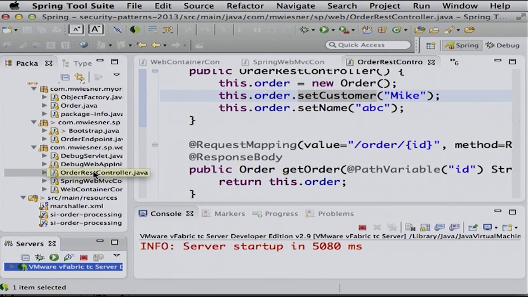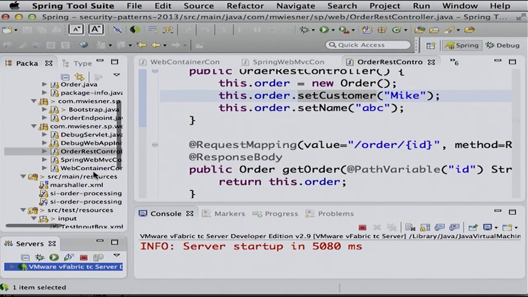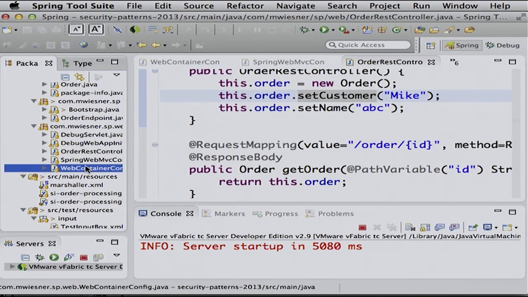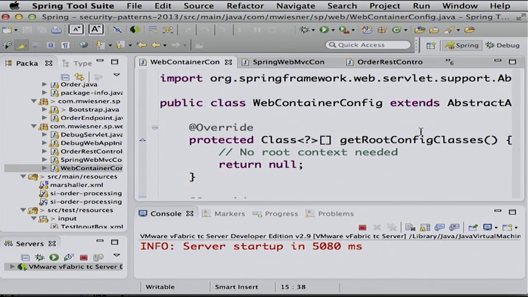So what is the problem with that one? First of all, it's turned on by default. We don't have any web.xml file in that project. We haven't even referenced the web container config file anywhere. You just need to place it in the class path, and that's it. It will be activated by default by the Servlet container. It's not a feature of Spring, it's a feature of your Servlet container.